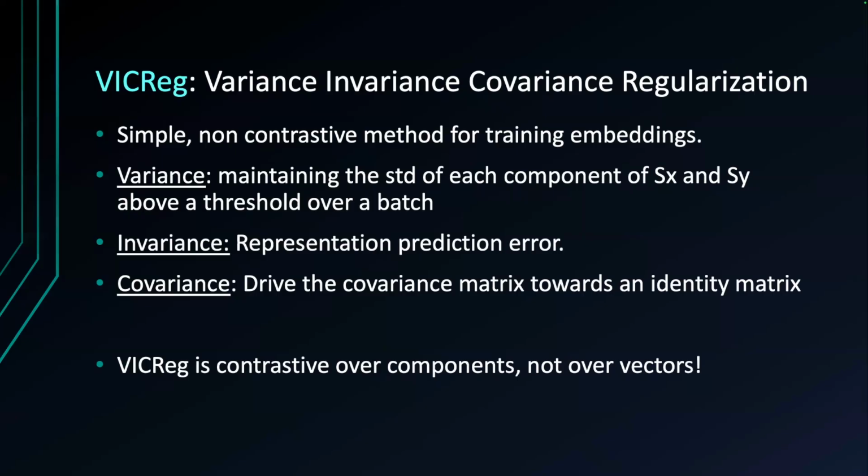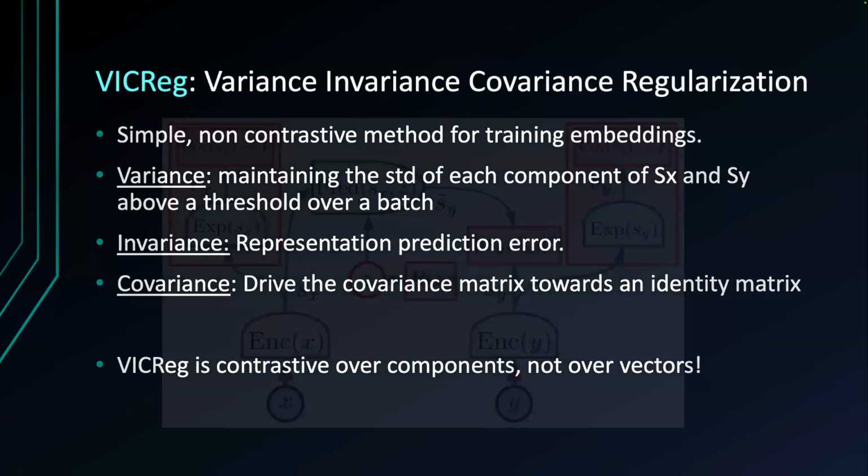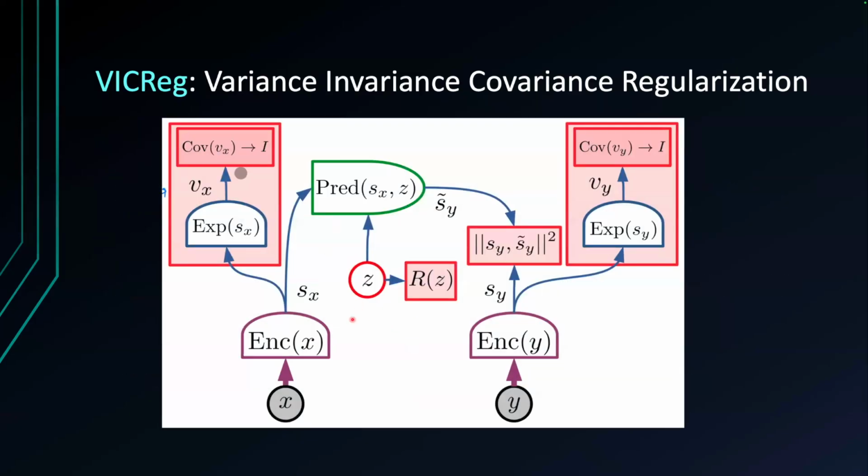That part is not clear to me. So, covariance of Sx and Sy, we want them to be identity matrix. So in covariance, what you would do is,